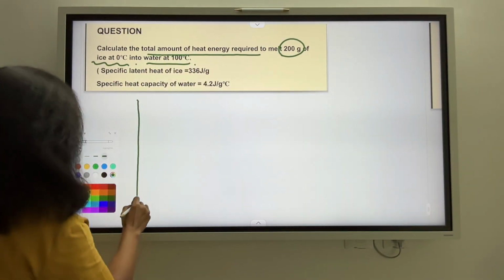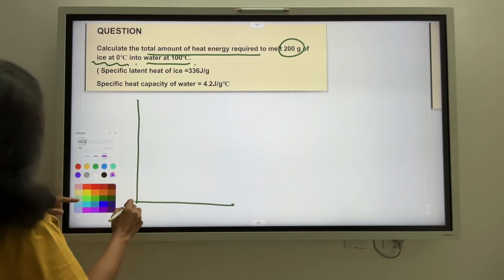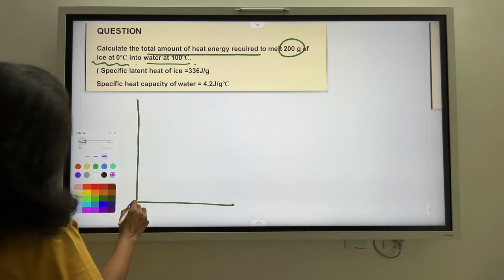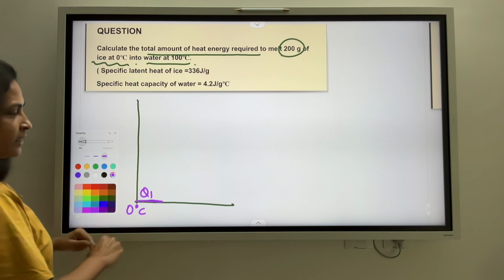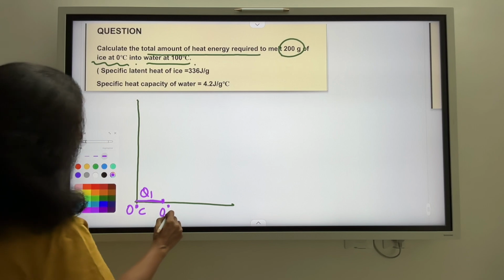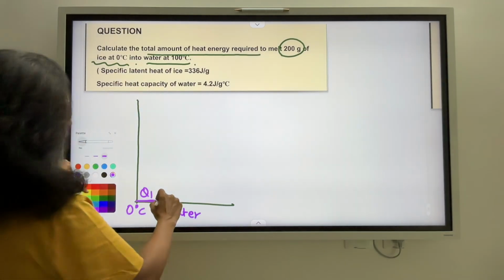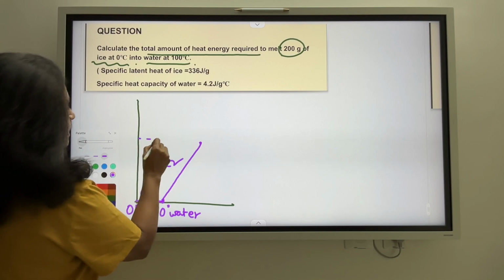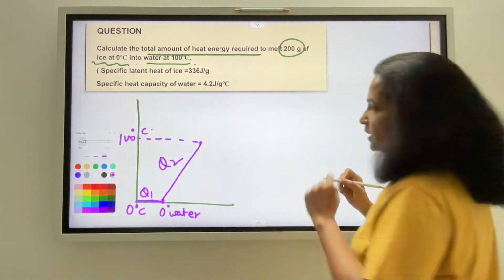So हो क्या रहा है? सो हमारे पास है आइस, the ice is at 0 degree and क्या करना है हमें, where we have to supply heat, so the ice melts, so this is the Q1, the melting energy required for 0 degree ice to convert into 0 degree water. अब ये बन गया 0 degree water. The water has to reach 100 degree. So what happens on further supply of heat energy? The water reaches a temperature of 100 degree centigrade. So करना यही है हमें calculate.